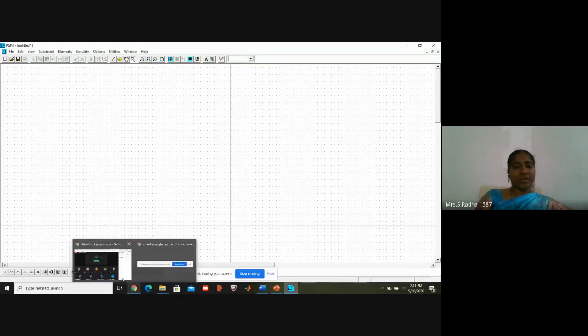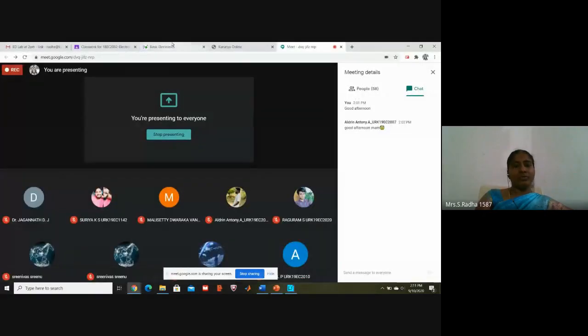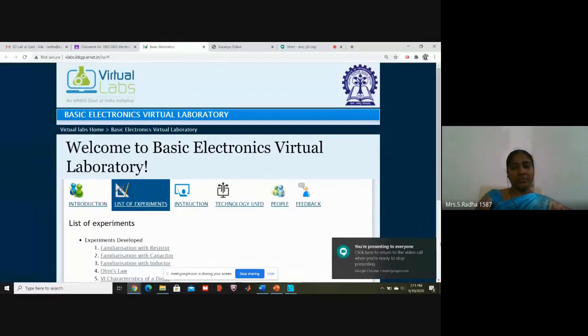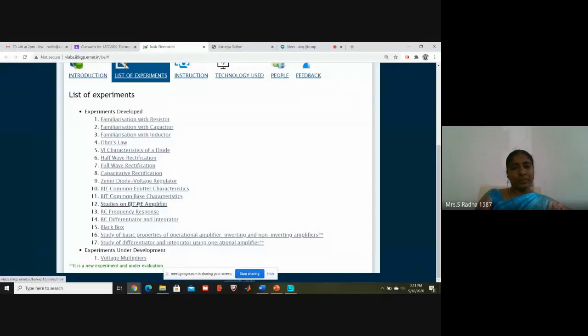BJT as an amplifier. I will go through the virtual labs, the circuit, how it looked in the BJT as amplifier, and the same circuit I will try to draw.